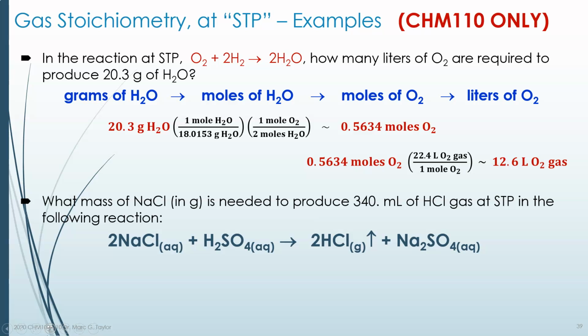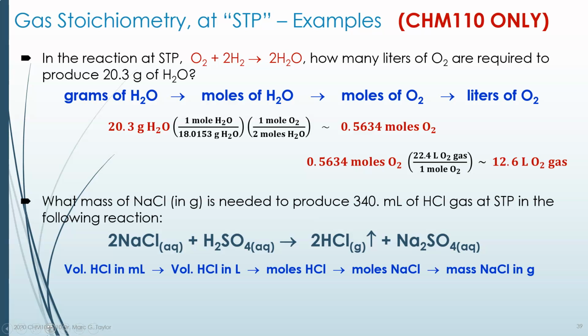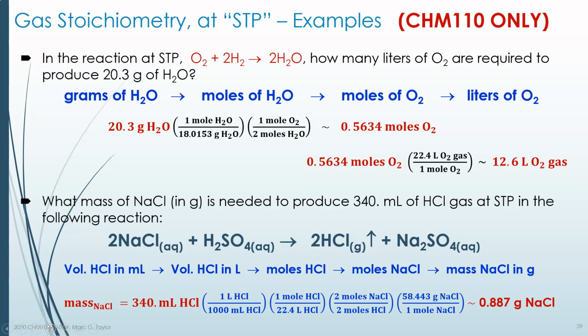Well, we know that chemistry doesn't happen in milliliters, and it doesn't happen in grams, and it doesn't happen in liters, it happens in moles. So we have to turn that milliliters of gas into moles somehow, and the best way to do that is first turn it into liters. That's an easy conversion of milliliters to liters. And then we turn our liters of gas, our volume of HCl, into moles of HCl. Once we know moles of HCl, we can determine the moles of any of the other substances in the balanced equation using the balanced equation's coefficients. And once we have the moles of NaCl, we can use its molar mass to convert moles to grams, just like we always do. So I put them all in one place, so each of these 4 arrows is represented